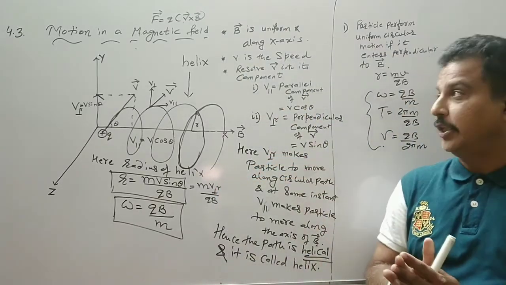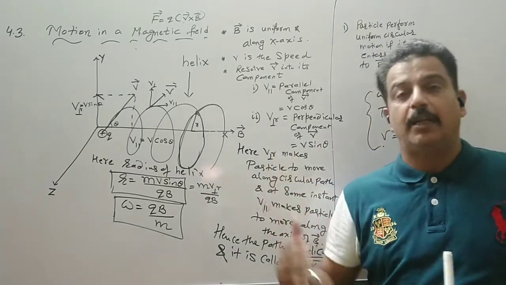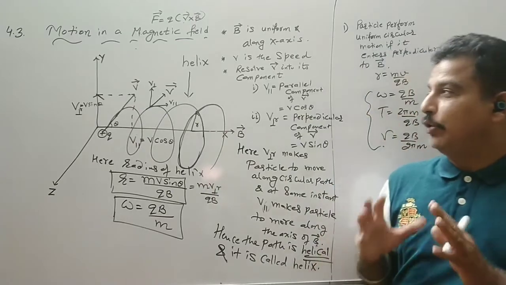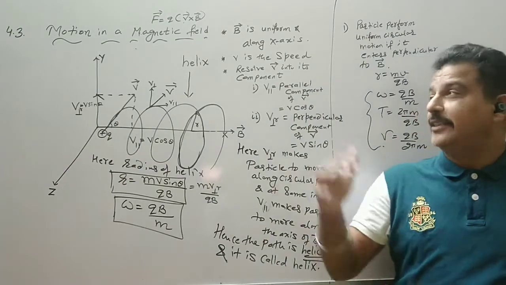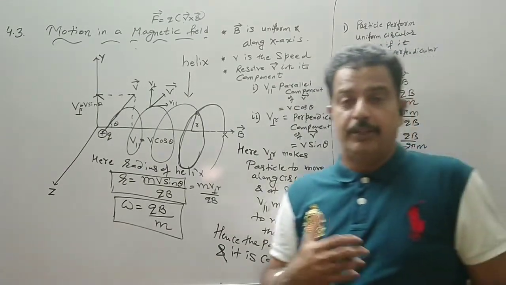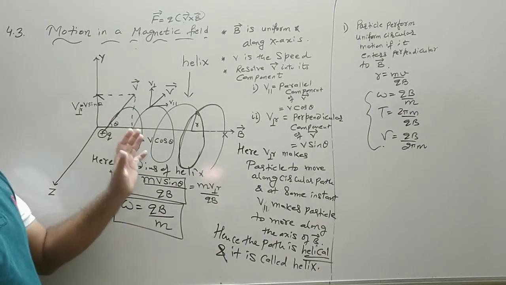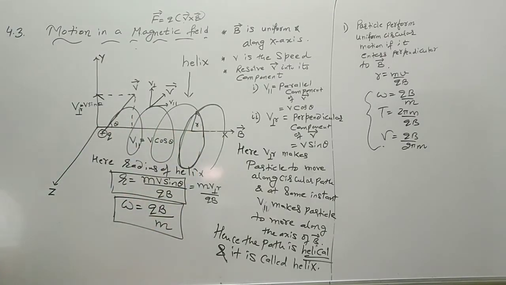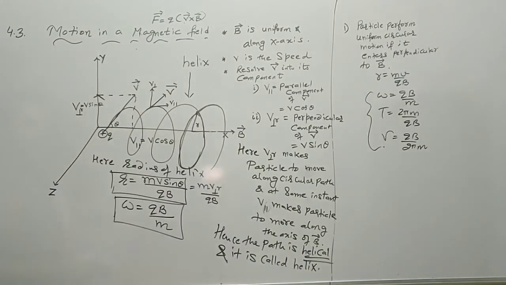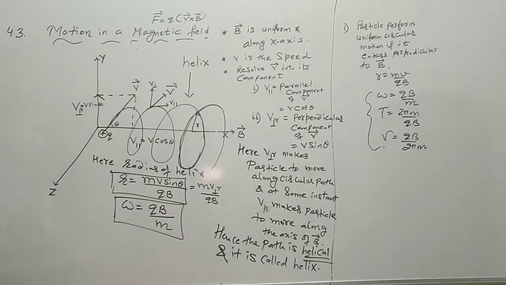So this is the situation where the particle is performing a helical path. Now, we have discussed only the perpendicular component of the v vector. Now let us see the parallel component of the v vector. What will the parallel component do? It is making the particle move along the circular path, so there will be a linear displacement also, or a linear distance will be given.